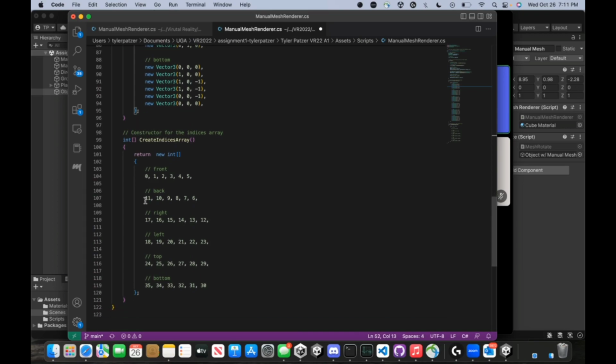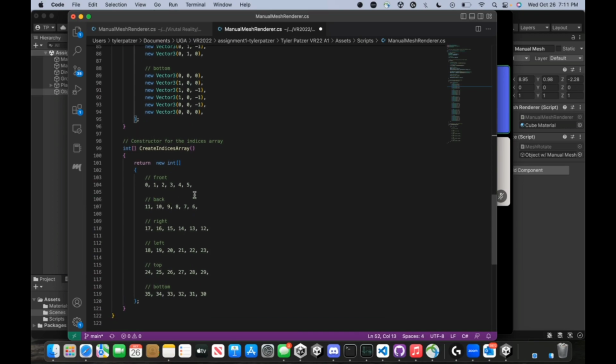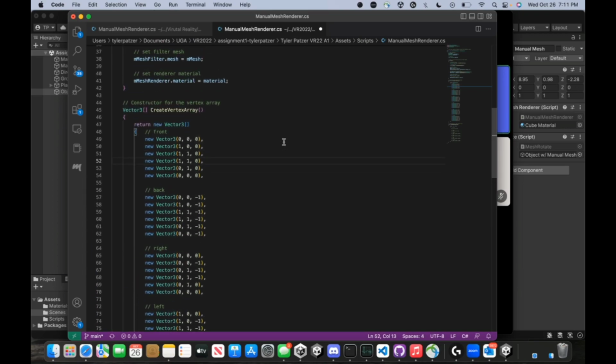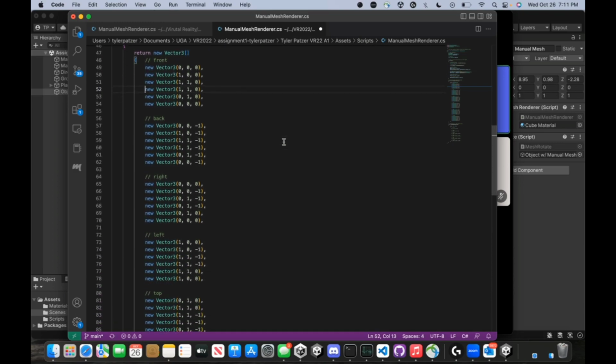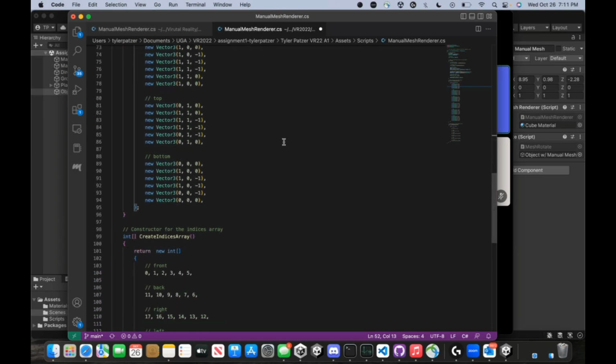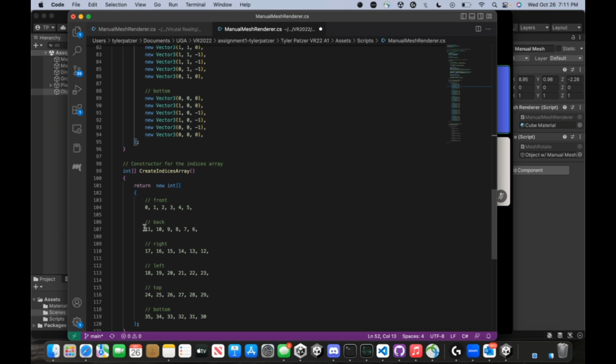So, for instance, some of these actually count backwards because these meshes only render on one side, and I didn't want to render the back of certain meshes because if they're on the inside of the cube, no one's gonna see that, and that's wasted computation. So in some cases here, when I'm rendering the quote unquote back, I'm rendering the back of the